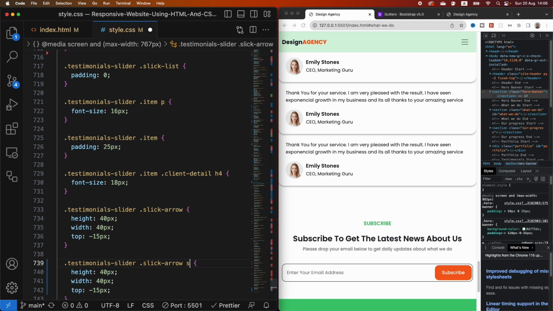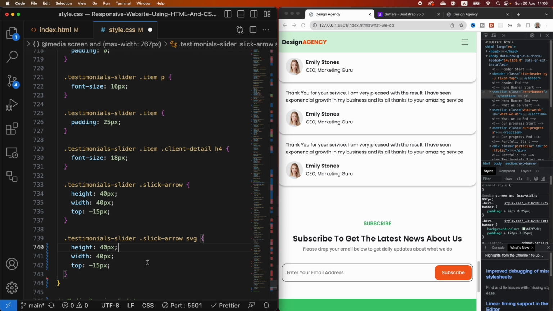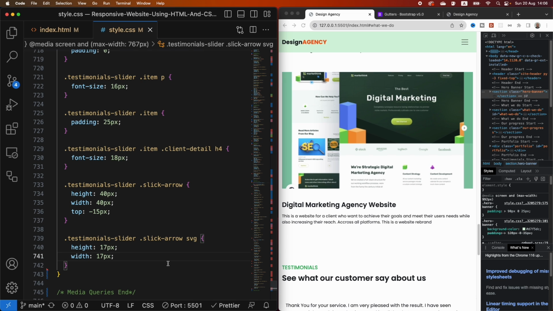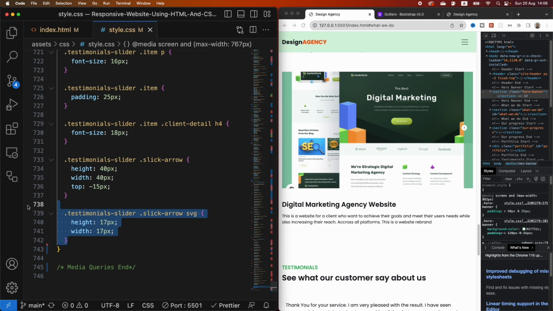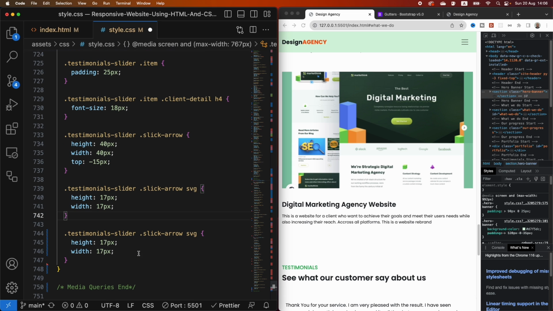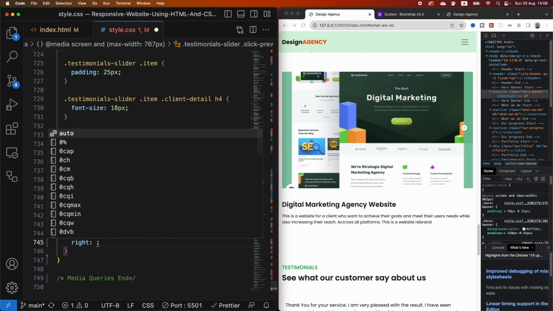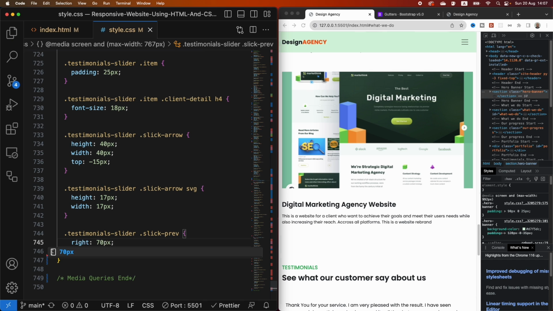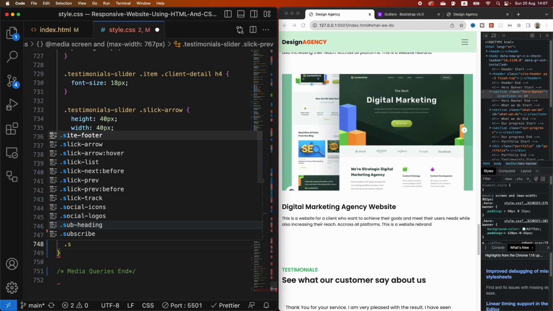We're going to go into the SVG. We're going to give it a height of 17, and a width of 17 as well. Then we're going to copy this one and say slick prev. We're going to give that a right of 70 pixels. And then we're going to target the